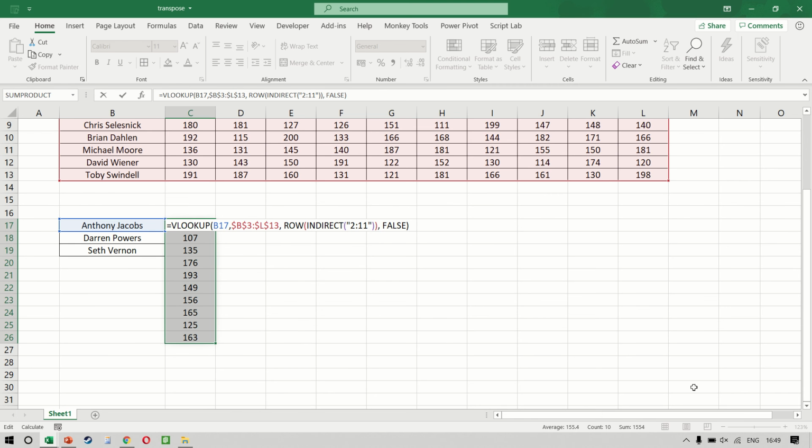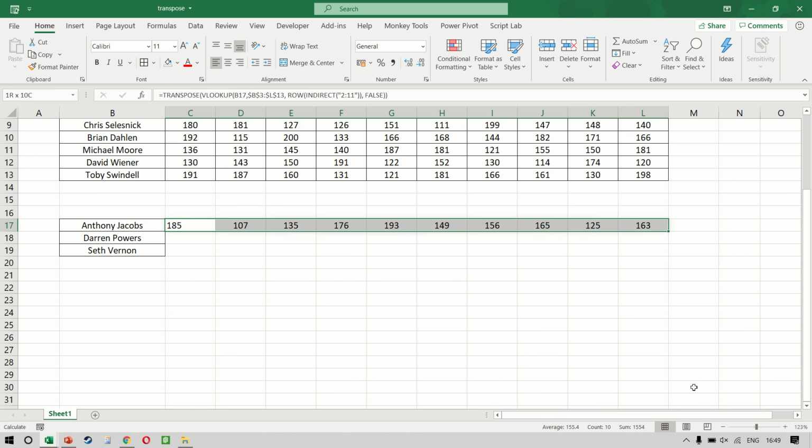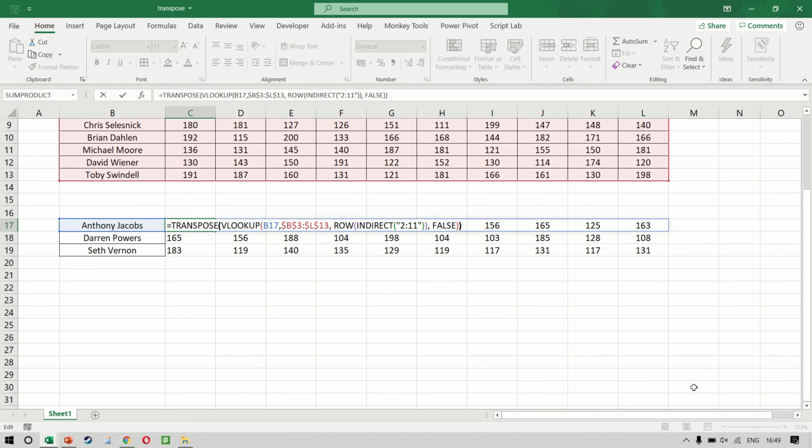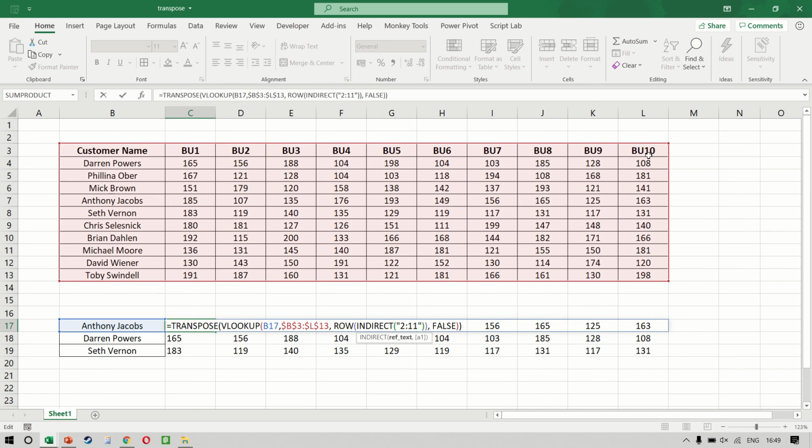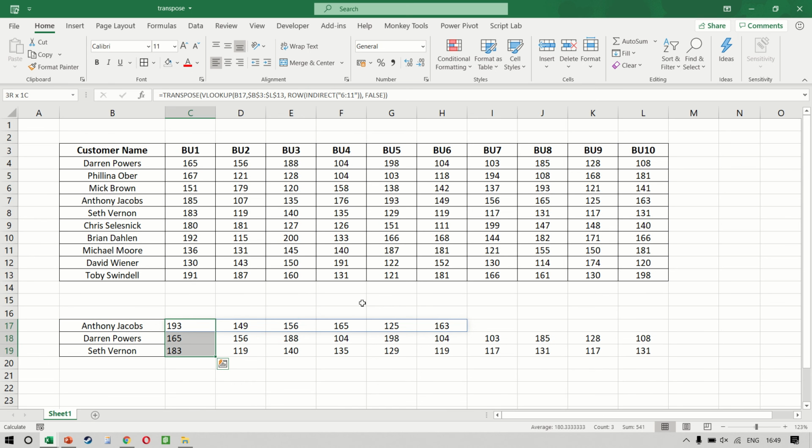The problem here is that the answer comes in a column and it doesn't come in a single row. So finally, we can come before our VLOOKUP function and then do a TRANSPOSE so that all the numbers come in a single row. And we can then just copy the formula down. As you can see, if I wanted, let us say, from business unit 5 till 10, that means we need column number 6, 7, 8, 9, 10, 11. We can just change it to 6 colon 11. And now it only gives us column number 6, 7, 8, 9, 10, and 11.